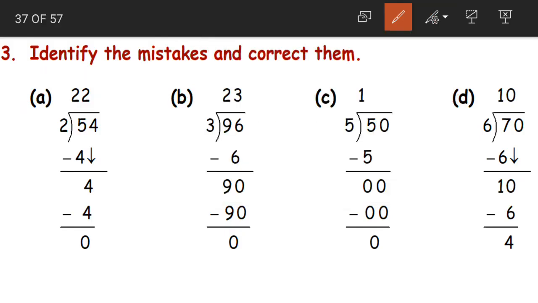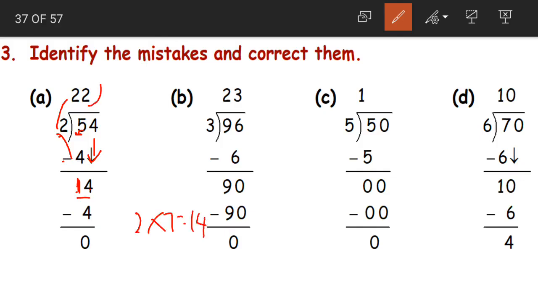If you look at the first one, 54 divided by 2. What will be our first step? Divide 5 by 2. Yes, 2 2s are 4, correct? And when we subtract, what will be remaining? 1 will be remaining, right? So 1 is not written here, but we have to write the 1. Then after subtracting, we are bringing 4 down, correct? So we are left with 14. Now when does 14 come in 2 table? We have 2 sevens are 14.